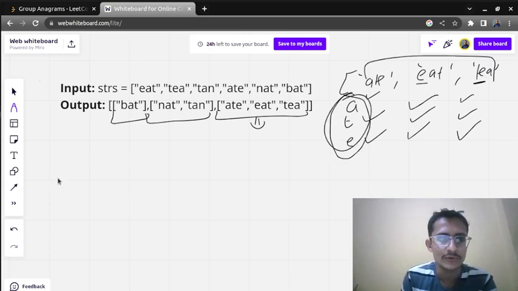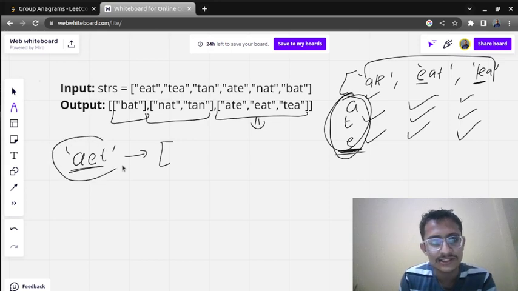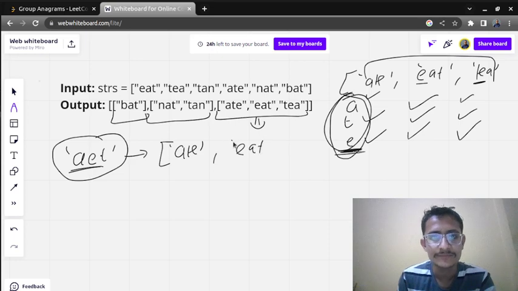So what we can do is, if we arrange the letters in ascending order, we get A, E, T, and then we make a list of the words that contain all these three letters. I will put them in an array. So AET will be the key, and for this key the value is going to be ATE, EAT and TEA.